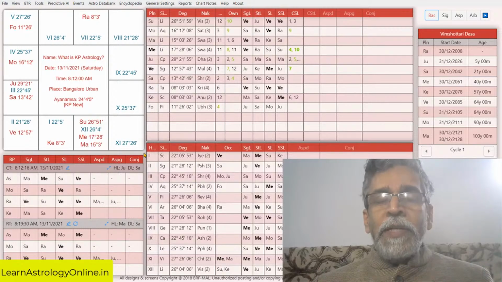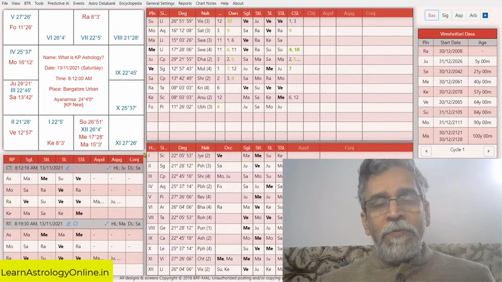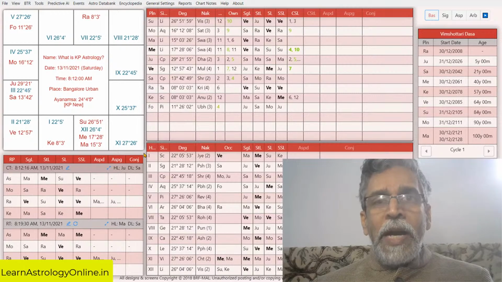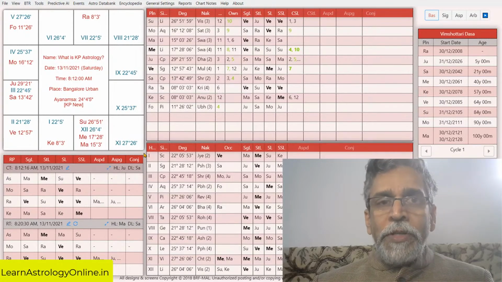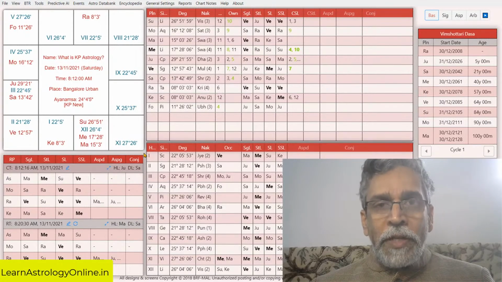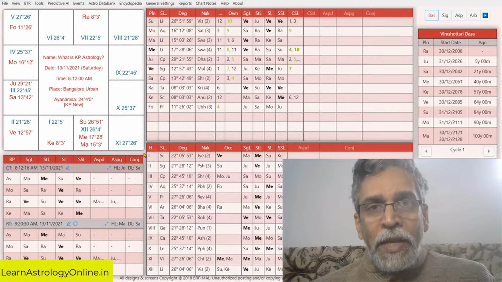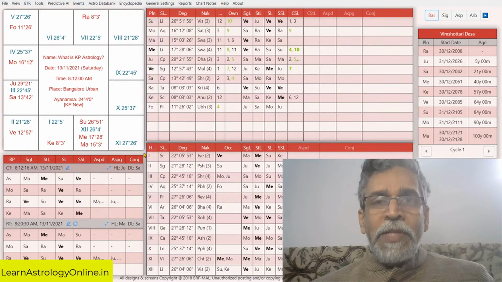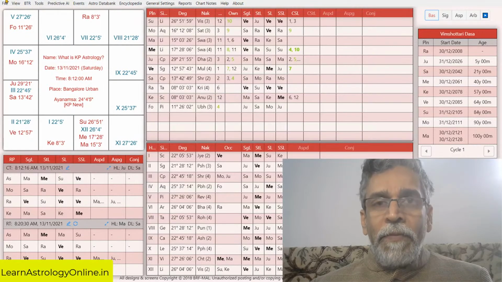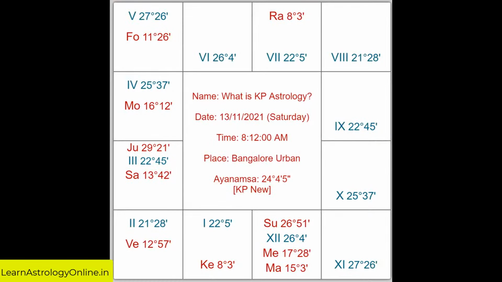The Ayanamsa that the Krishnamurti Paddhati system follows is very unique to the KP Astrology system. So it does not follow any other ephemeris such as the Lahiri Ayanamsa. We don't really follow that. Whenever we draw a chart, this ephemeris is used to plot the bhavas and the planets. So in this chart, let's quickly go through what each of these planets and each of these bhavas really